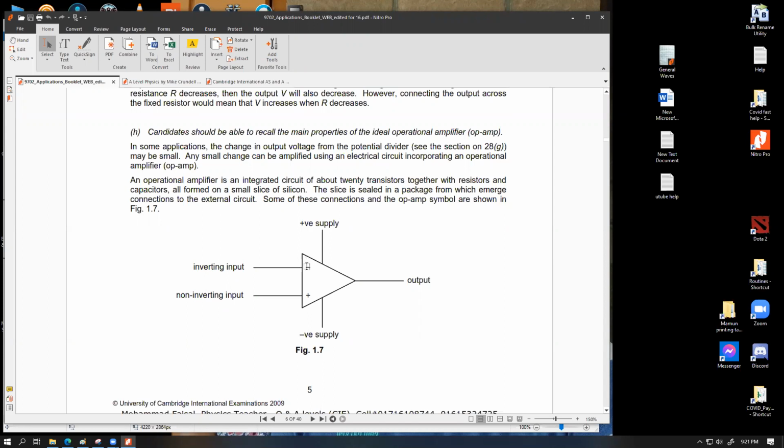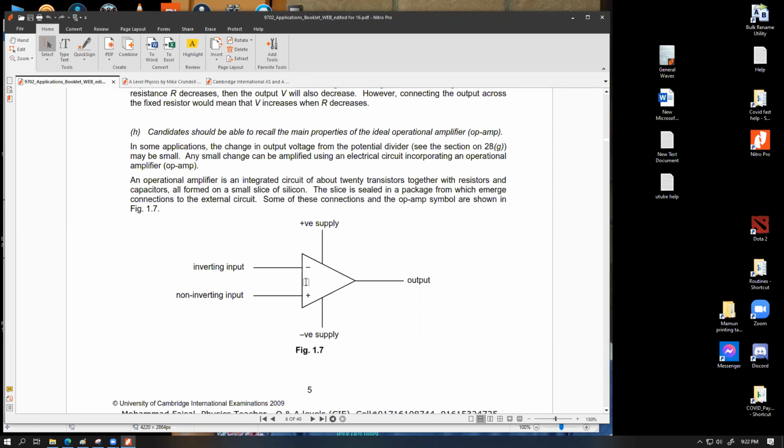These signs of minus and plus do not in any way imply that a positive voltage should be applied on the non-inverting and a negative voltage should be applied on the inverting. This does not ever mean that. We could apply any type of voltage, alternating voltage, constant DC voltage, ground, zero voltage at any of these inputs. We can do whatever we want,